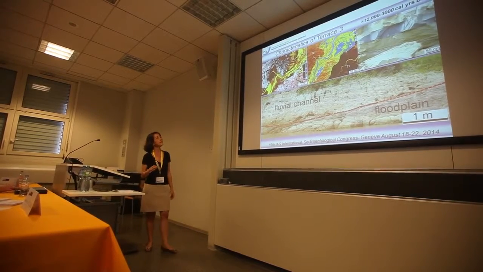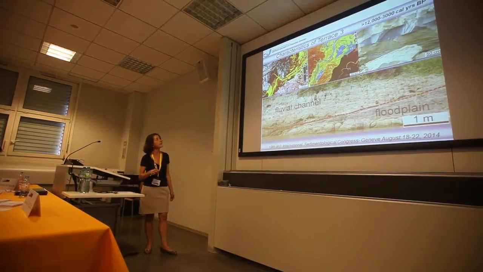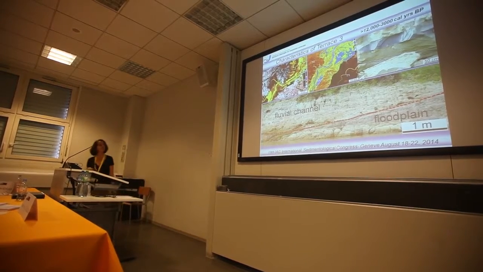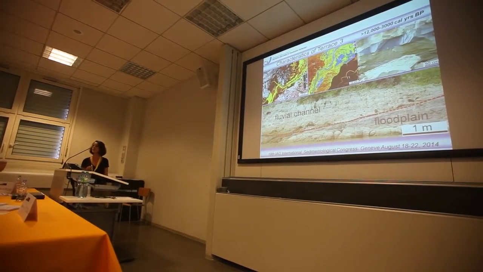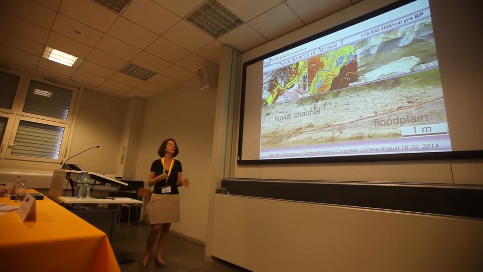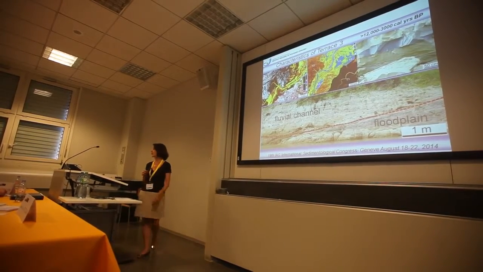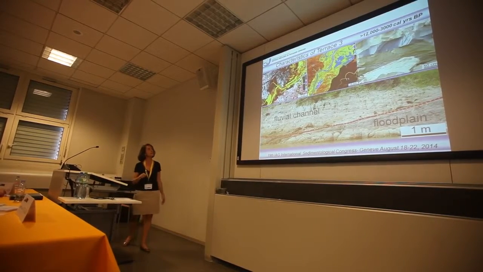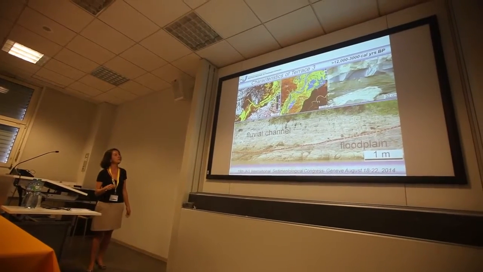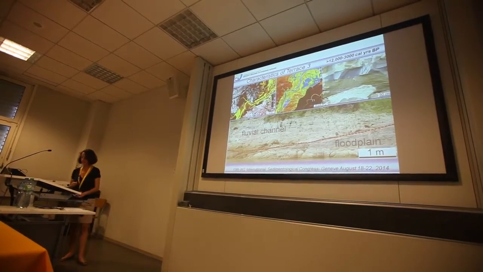For the terrace located closer to the modern river system, we got ages younger than 12,000 years BP, going up to 3,000 years. Then we have another sedimentation, the modern sedimentation, which is younger than 3,000 years only. So we have a difference in morphology, and also a difference in topography, of course. We get altitudes here around 85 to 90 meters, not more than that, and then it goes down to the modern floodplain system.